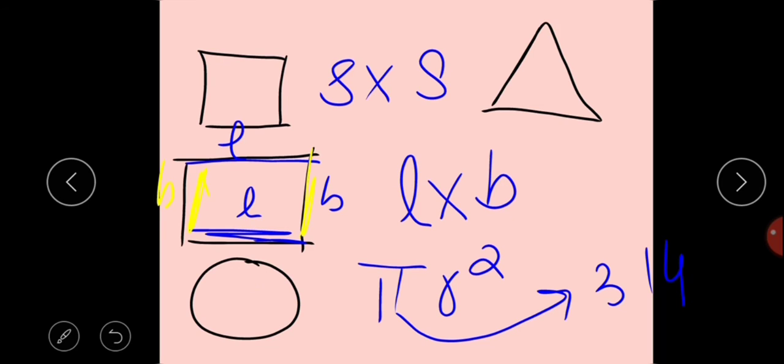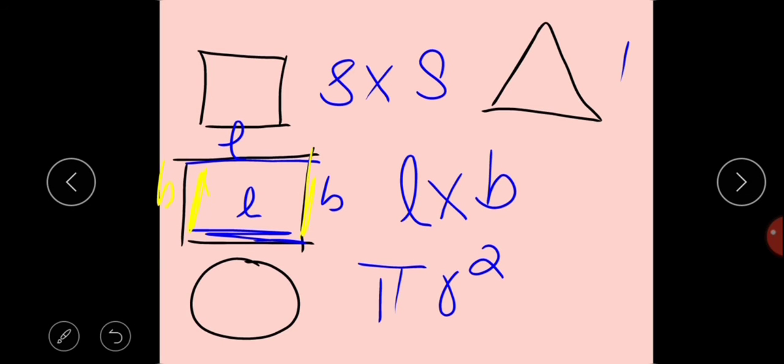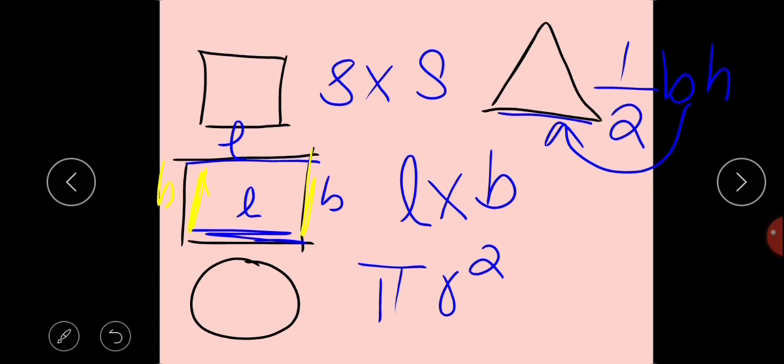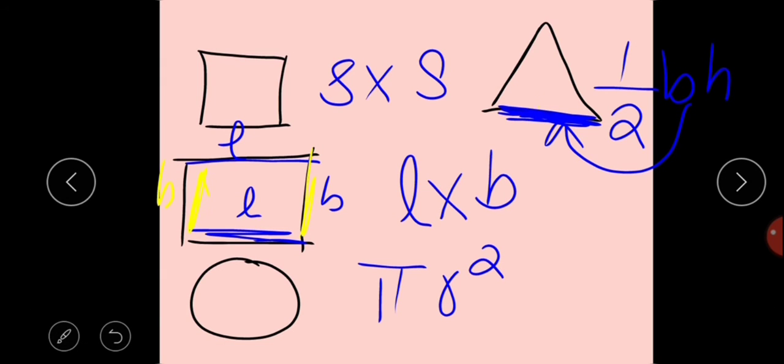Let's go forward to calculate the area of a triangle. So to calculate the area of a triangle, we have the formula half base multiplied by height, where base is actually the horizontal part or the resting part, and the height is going to be the distance from the base to the top of the triangle or the tip of the triangle. That is actually the height. So these were the simple formulas which we have gone through earlier.